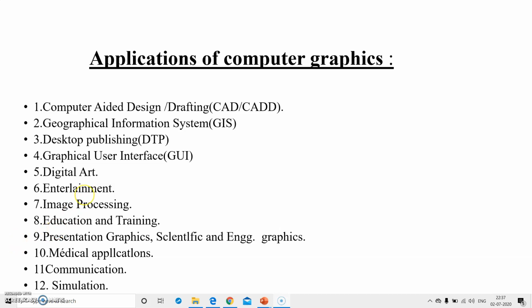Second application of computer graphics is in GIS, that is a Geographical Information System. It refers to integration and analysis of text, tabular and graphic data, on the basis of natural and man-made features. It is mainly applied for surveying and mapping.